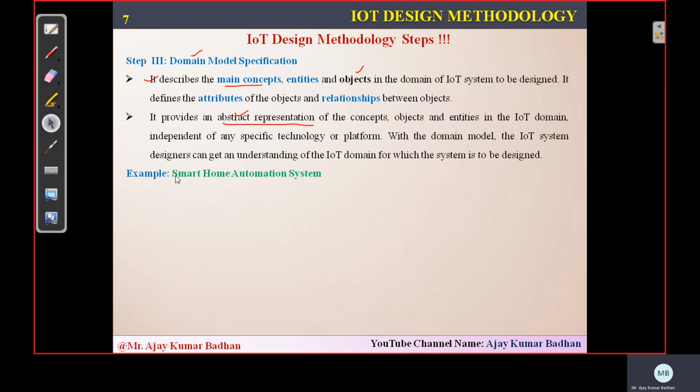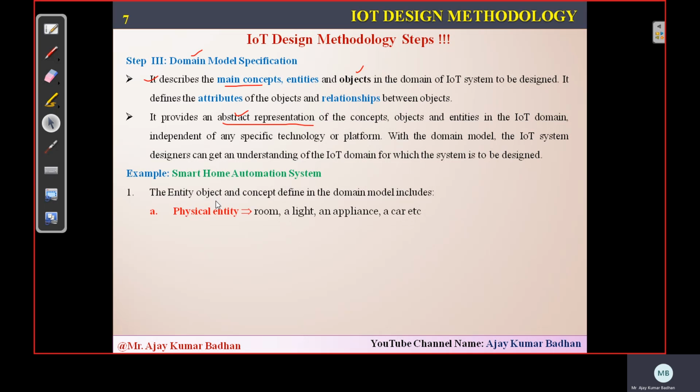Let's take an example of a home automation system and see how it works. If you talk about entities here, we have a physical entity. Coming to the physical entity, we are going to see what domains we require. Since we are talking about a home automation system, we require a room as a physical entity, and within the room there should be a light, and along with the light we need appliances.